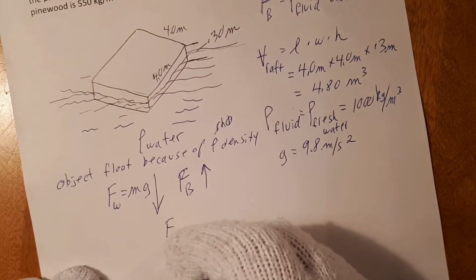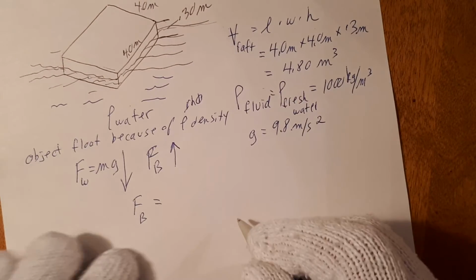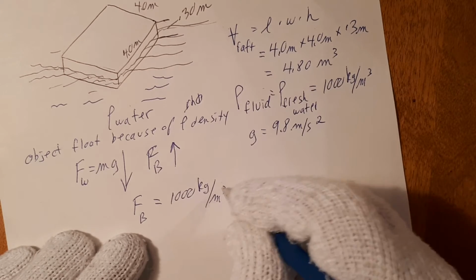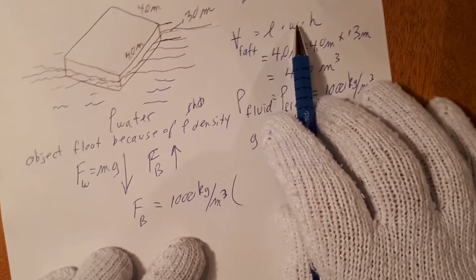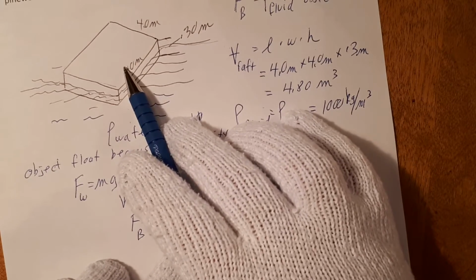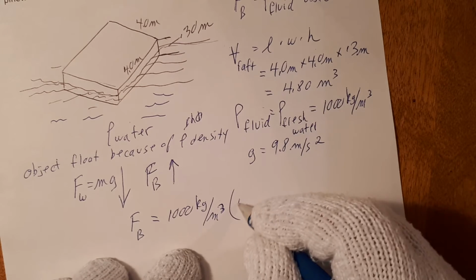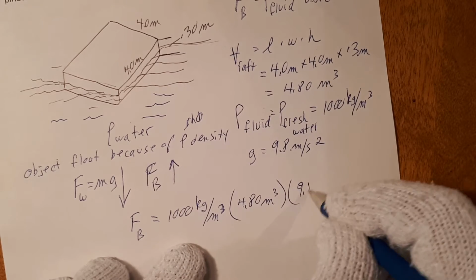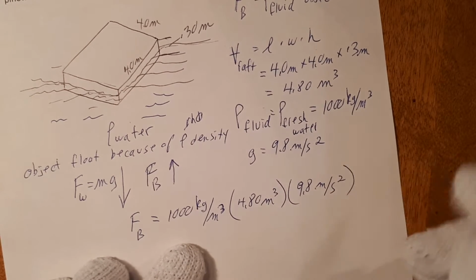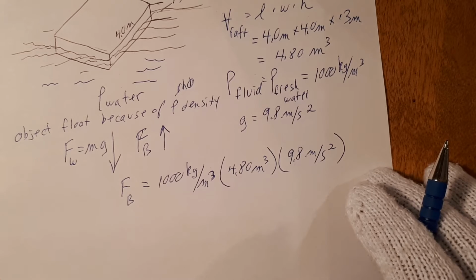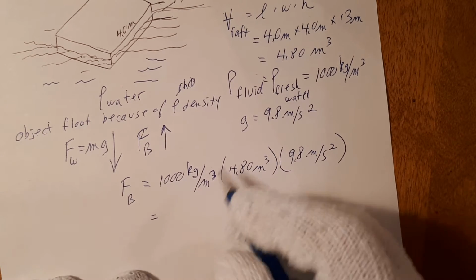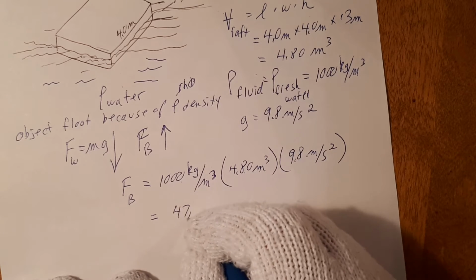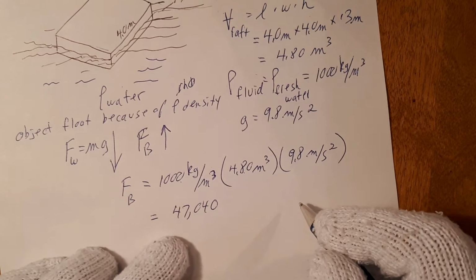Buoyant force is equal to the density of the fluid per cubic meter times the volume of the object itself, which we calculated to be 4.8 meters cubed, times g. Doing this calculation, 1,000 times 4.8 times 9.8 is equal to 47,040. And looking at the units,